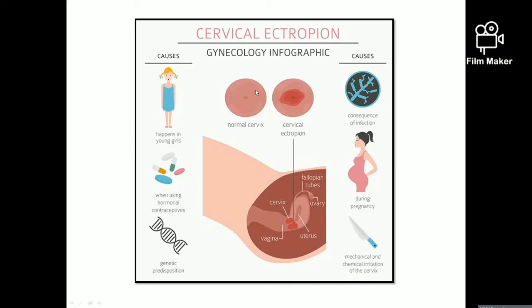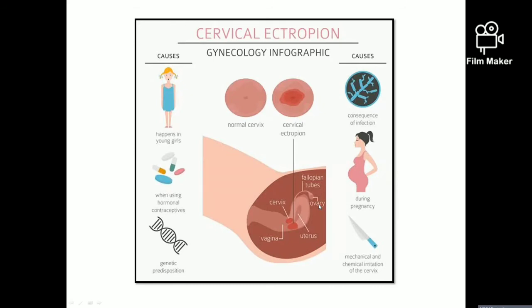See, this is a normal cervix and how it looks, the reddened area around the os, it's an ectropion. Now we can see the exact position. See, this is the uterus, this is the histological os, entering into the vagina. So this is the cervix. Now we can see the innermost endocervical epithelium lined here, and the external ectocervix is this one, where we can see the squamous epithelium in histology actually. This is the fallopian tube and this is the ovary.